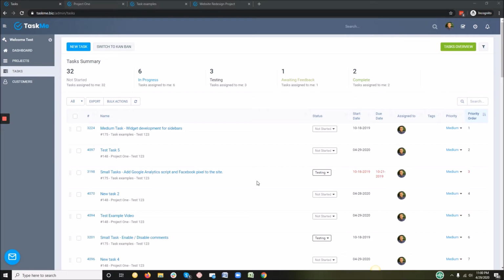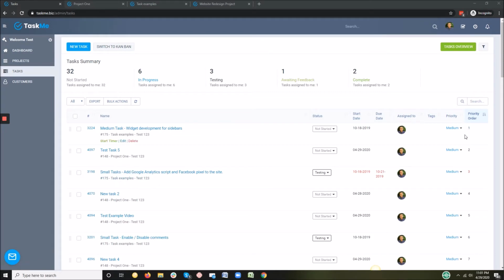Therefore, we are releasing a new feature in TaskMe to manage your priorities across all the projects together here on the task page. On the task page, you will see tasks from all the projects that we have open and working together and their respective priority order regardless of which project the task is from. Here you can see that the first task is from task example page, the second task is from the project 1, the third is on the task example.